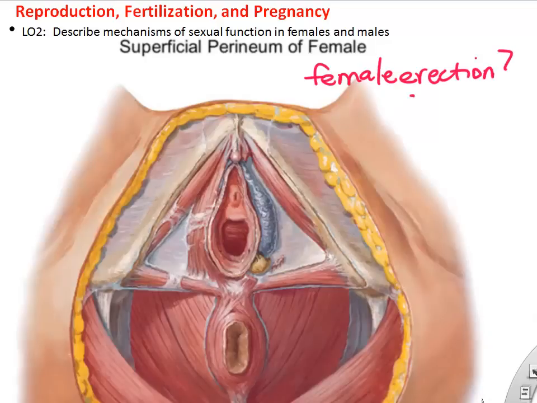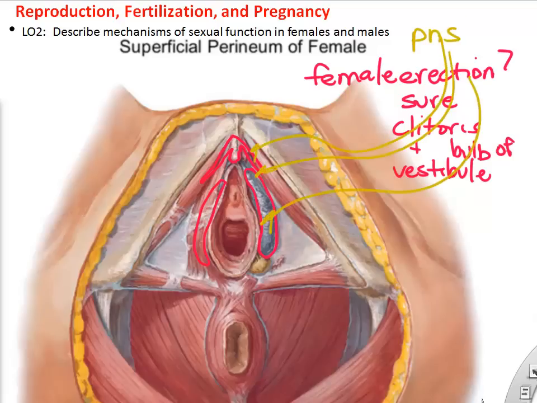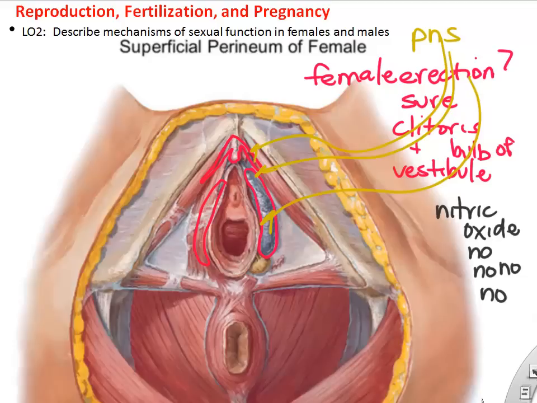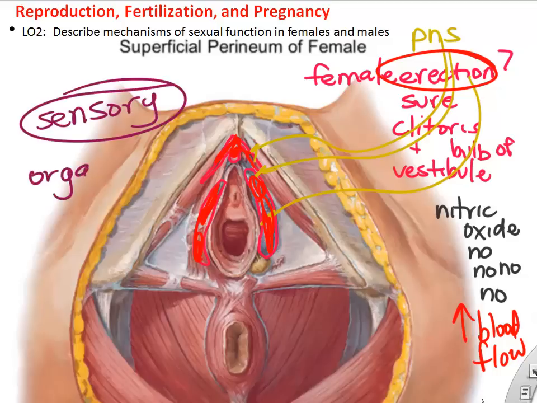The female also has erectile function, and it's the clitoris, which is sort of the female equivalent of the corpora cavernosa. There's also the bulb of the vestibule, which surrounds the labia or is embedded within the labia, all of which is innervated by the same parasympathetic type of neurons, releasing nitric oxide, increasing blood flow to those tissues, causing those tissues to enlarge and engorge and become more sensitive. And so that would be the female equivalent of erectile function.